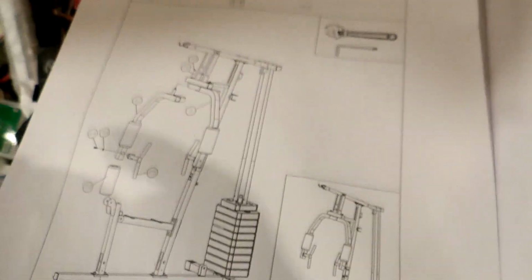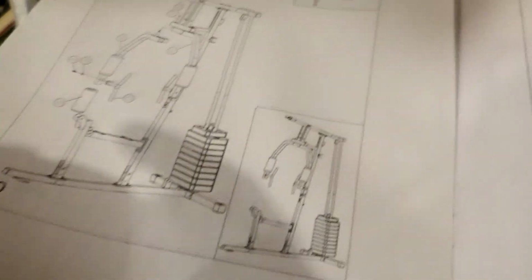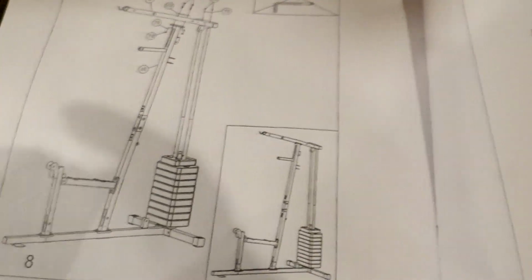Still not even step 9, we're still not tightening. There we go. Step 10, so from 3 to 10 it doesn't want you to tighten, but once you finally get to 10, tighten everything down, which is crazy because all the weights and everything are already on it. At that point you can't